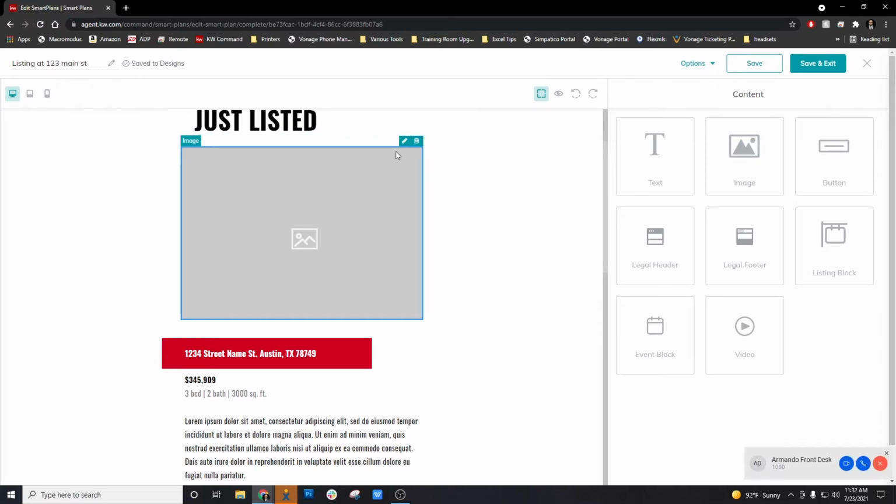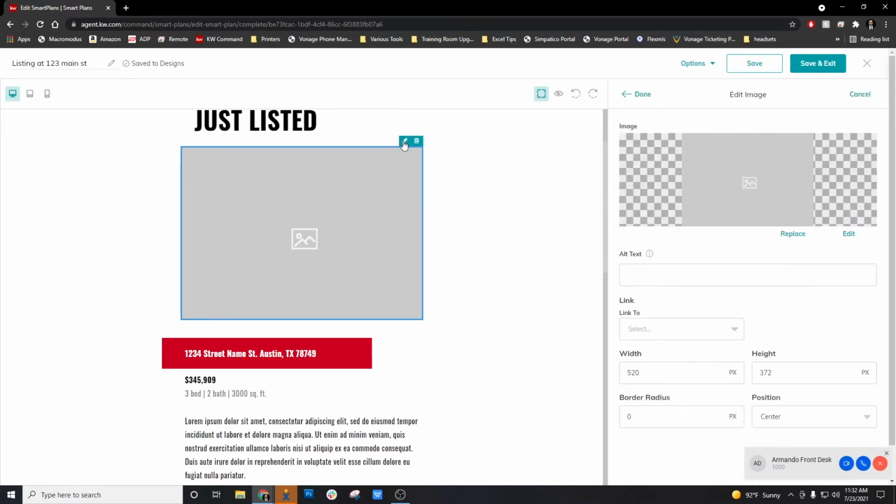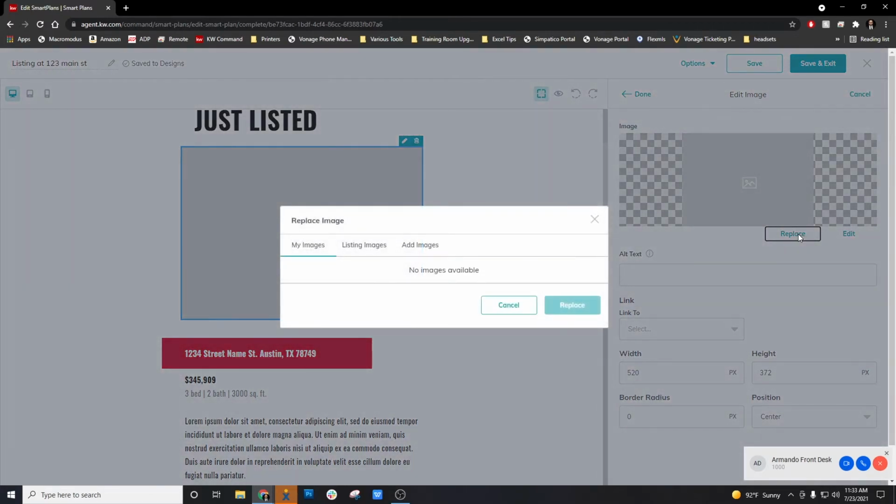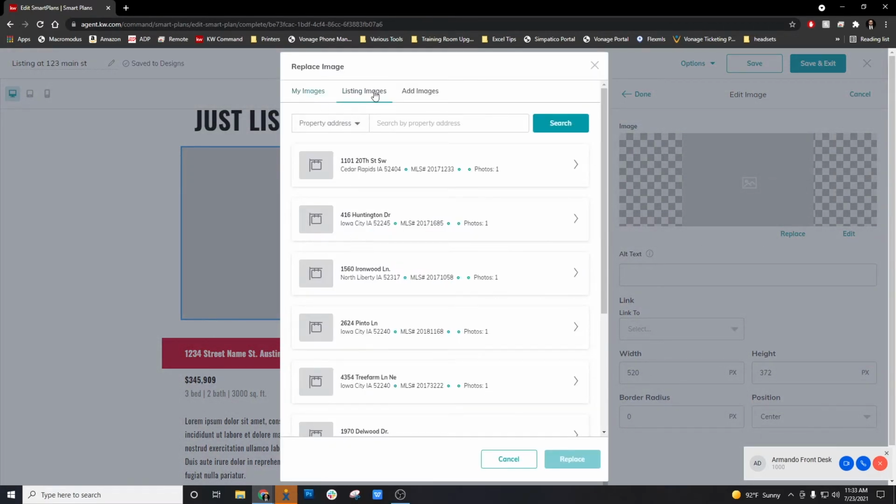So because this is a listing that I want to send out, in order to update this photo, I have to select it and then click the little pencil icon at the top, and that's going to open up the edit window right over on this side. Now from here I got to click on the replace button,